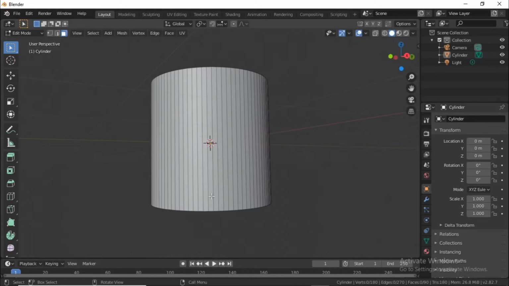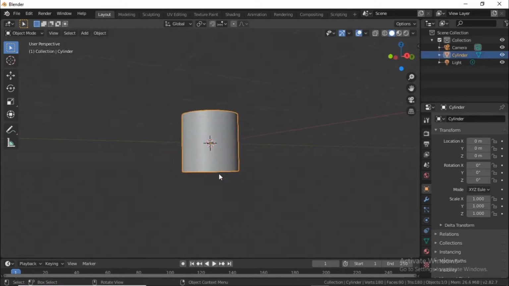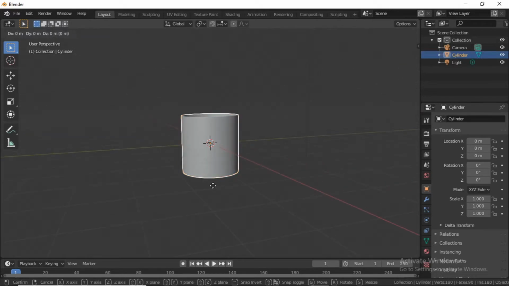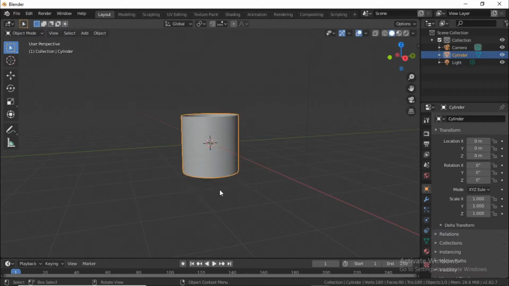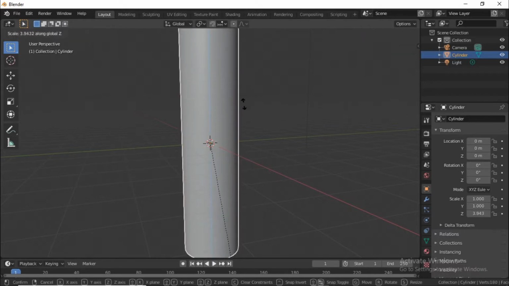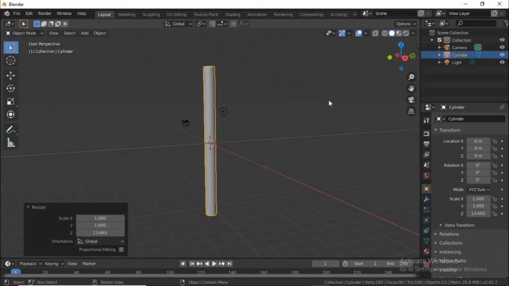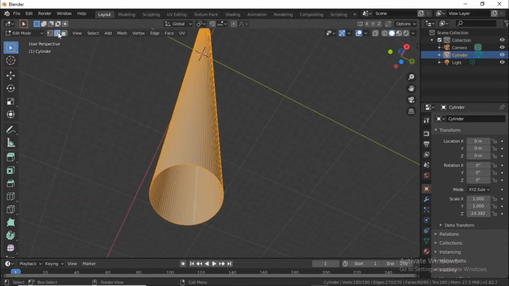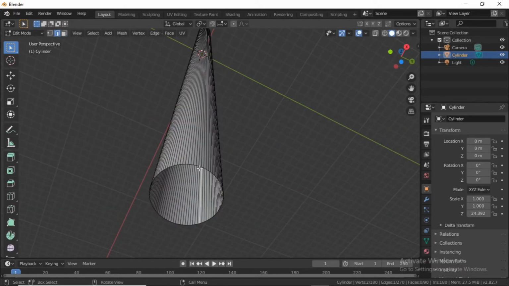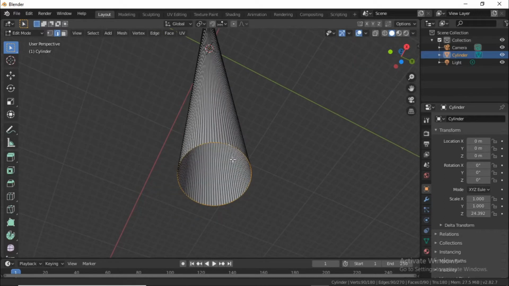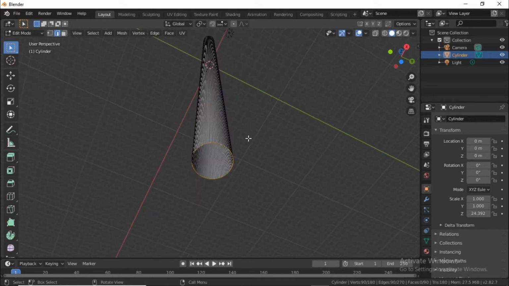After deleting both of them, go in object mode and scale as much as you want, as long as you want. For me, scaling on the z-axis for about this much. Go to select mode and select the edges by pressing alt. This selects the whole edge loop, and after this go in